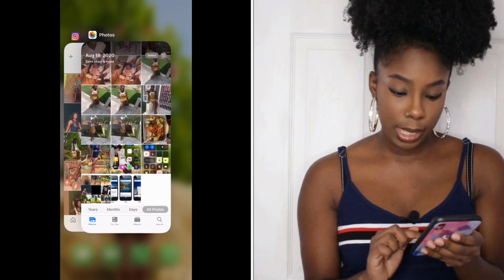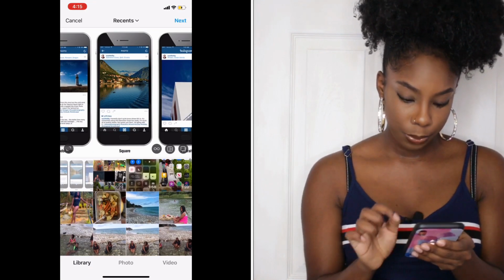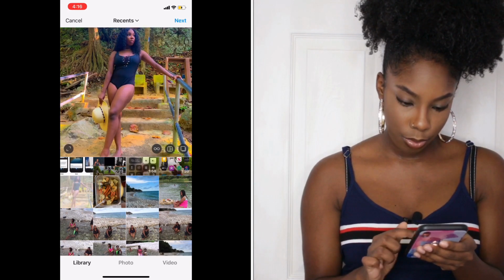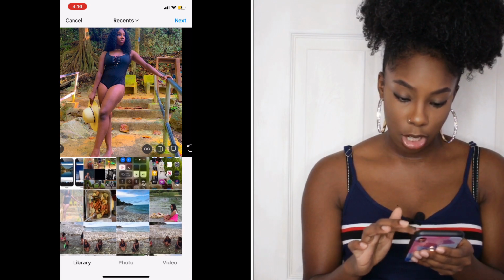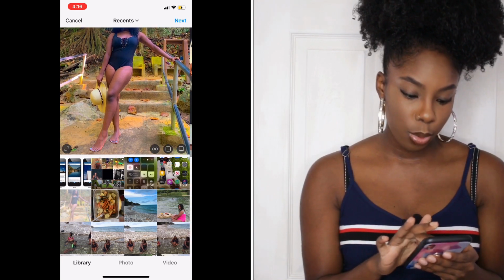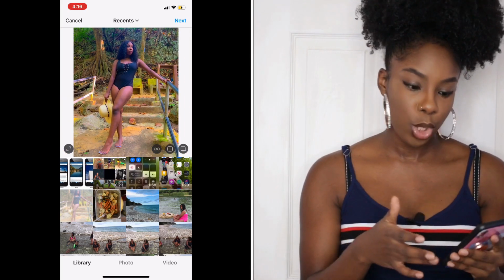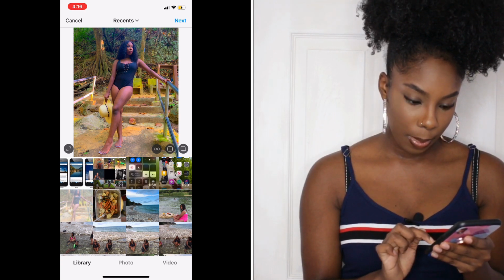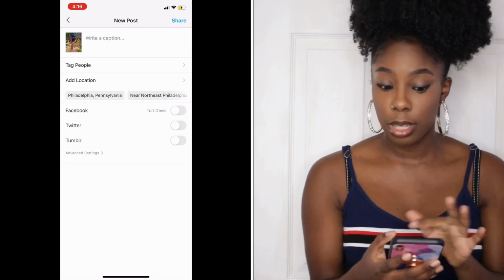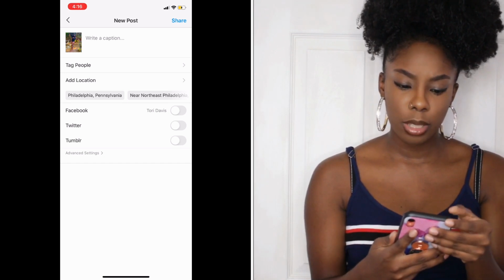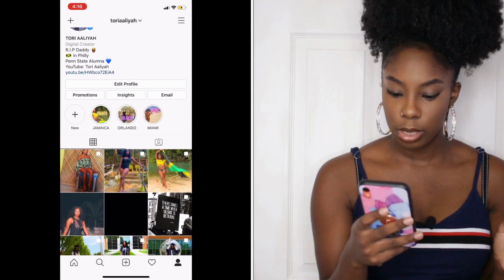So now, once you go into Instagram, you can add your photo. So you would click add, and here is the photo. And as you can see, it doesn't show all of your picture. So what you do is you would zoom out. And I know you see the lines on the picture right now, but it won't look like that once you upload it. So you click next. And then you would upload it. Write your caption, upload it. I uploaded this picture already, so I'm not gonna upload it again, but I will show you how it looks